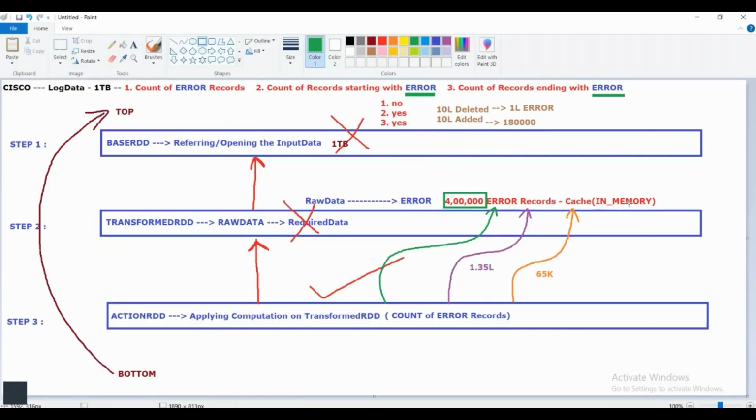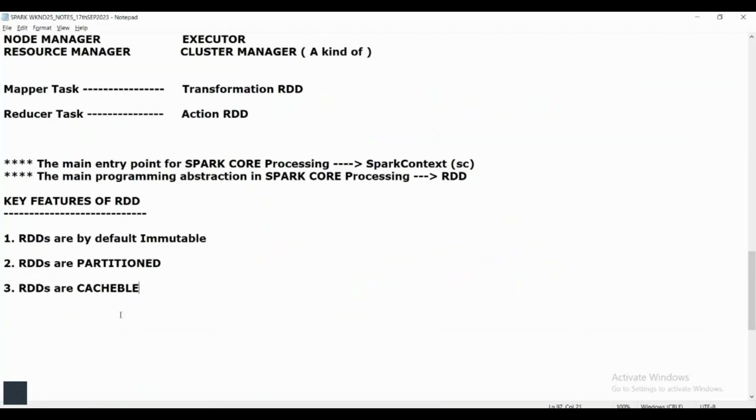But if you want to do the same thing within Hadoop, there is no such concept of storing intermediate data in the cache, because Hadoop knows only one thing, HDFS, whether it is raw data, intermediate results or final results. You have to store the data on disk, HDFS only. Whereas in Spark, they have given the provision to store the data in the cache as well, so RDDs are cacheable, meaning we can store the RDD data in the cache. That's what they mean. Next, RDDs are